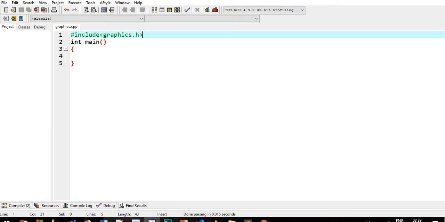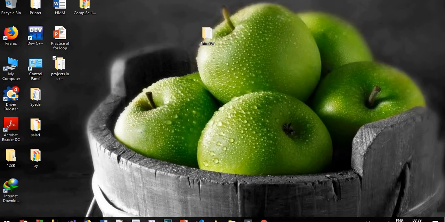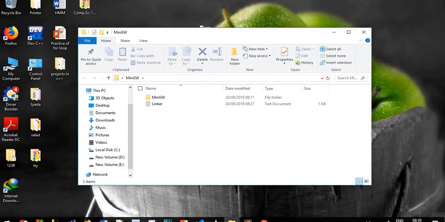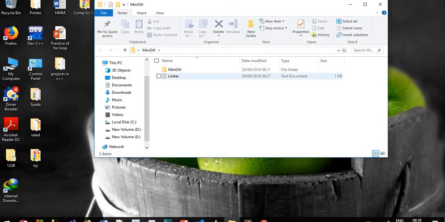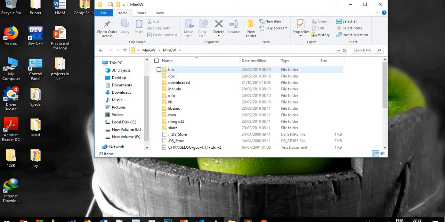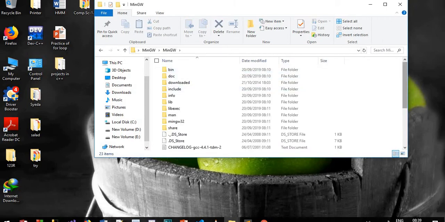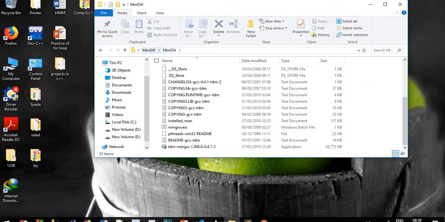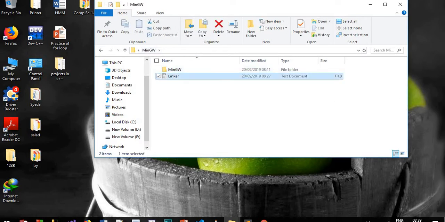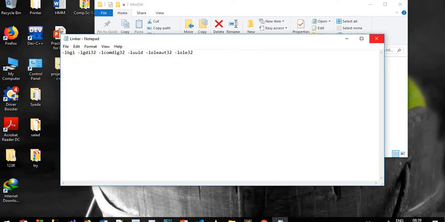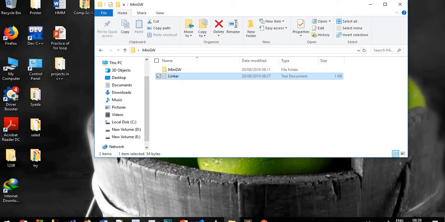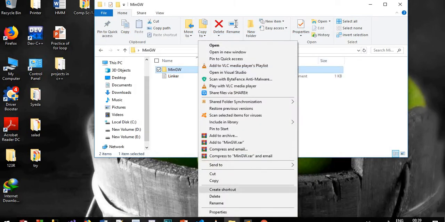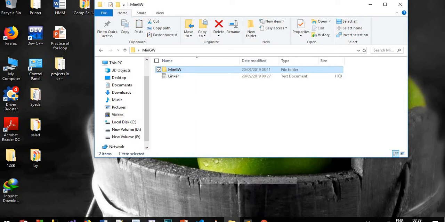So what we have to do is, I have a folder here on my desktop, MinGW, and two subfolders inside it. One is MinGW and the second is linker. This folder we have to copy in our drive where we have installed our Dev-C++, and this is the linker file, the linker that we need to link our graphics.h. So I am copying this folder, copy,